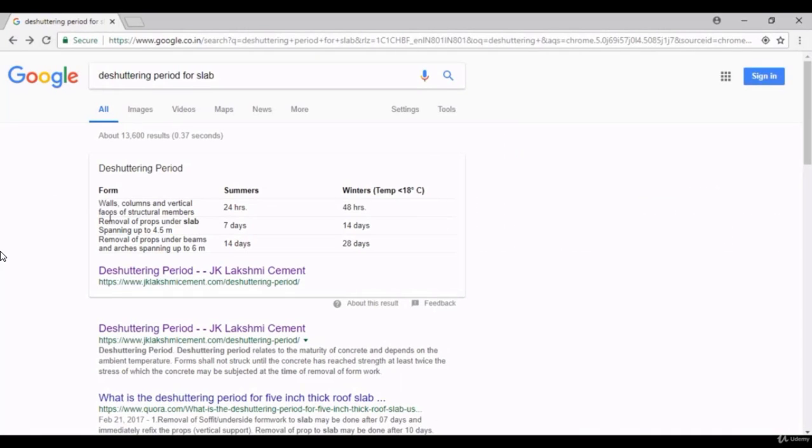Let's take some reference. Removing props under a slab under 4.5 meters takes 7 days, and above that, it is 14 days. We will assume this 14 days.